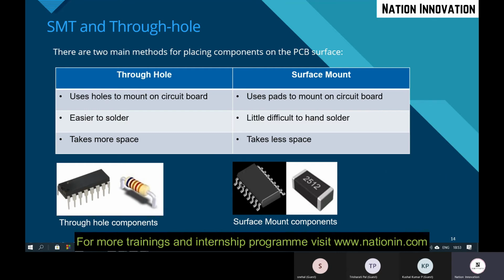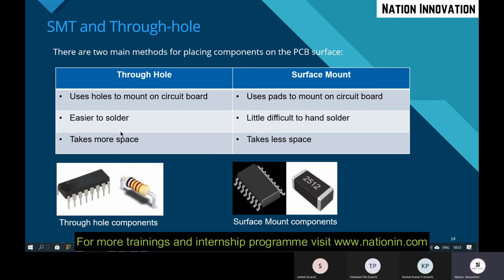If you solder more, the pins get shorted. So the difficulty level is somewhat high here. Hence, all the surface mount soldering is done by the industries only.